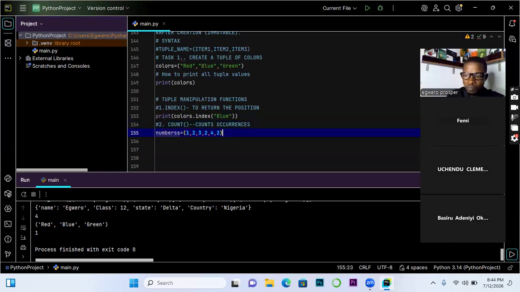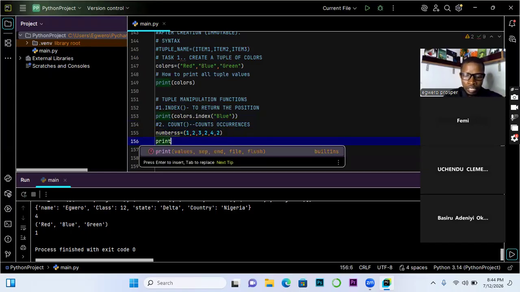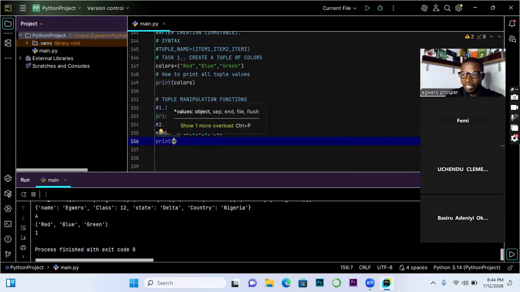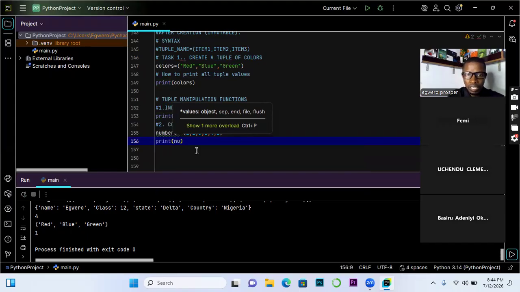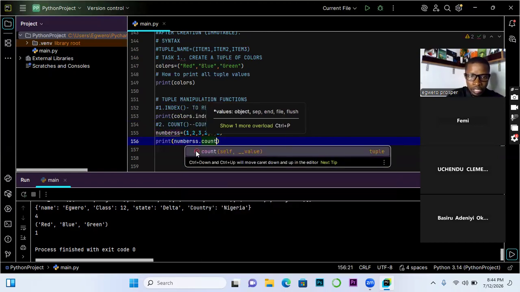So if we print, let's say, the number that occurs most, I call the container, the tuple, which is numbers, and then concatenate it with count, just like the index.